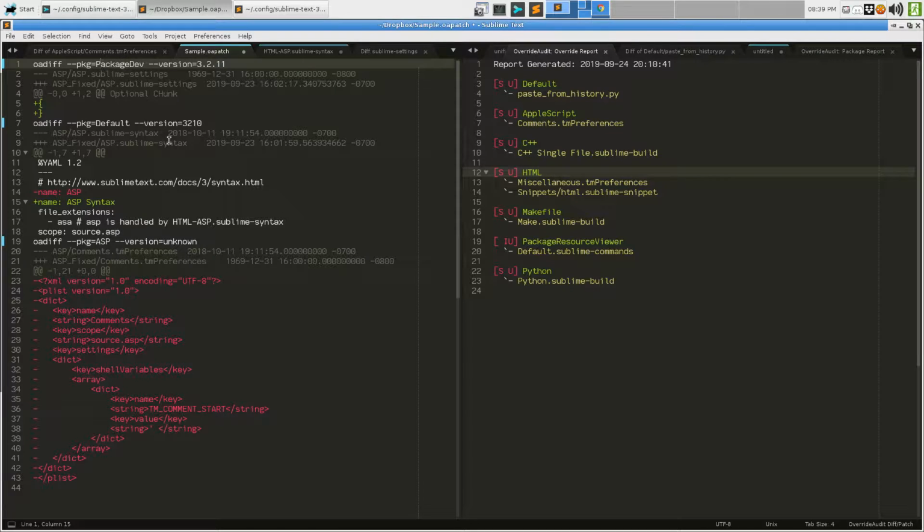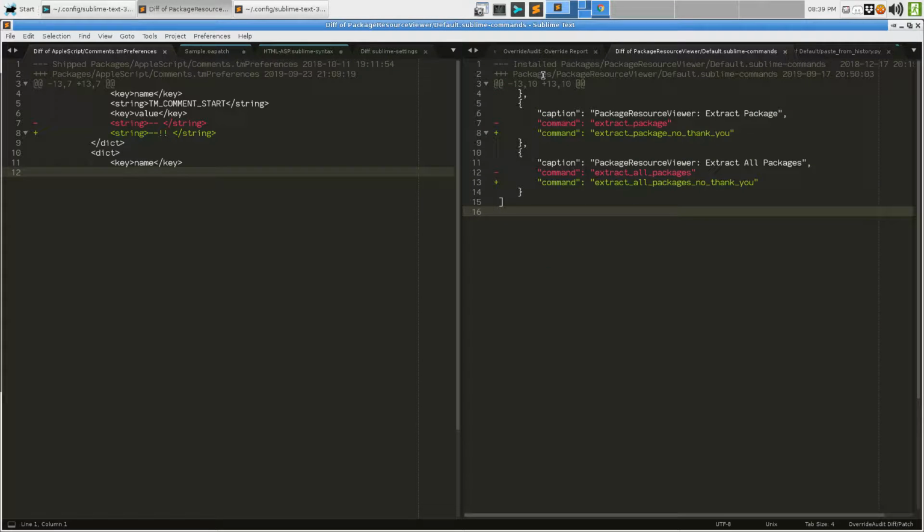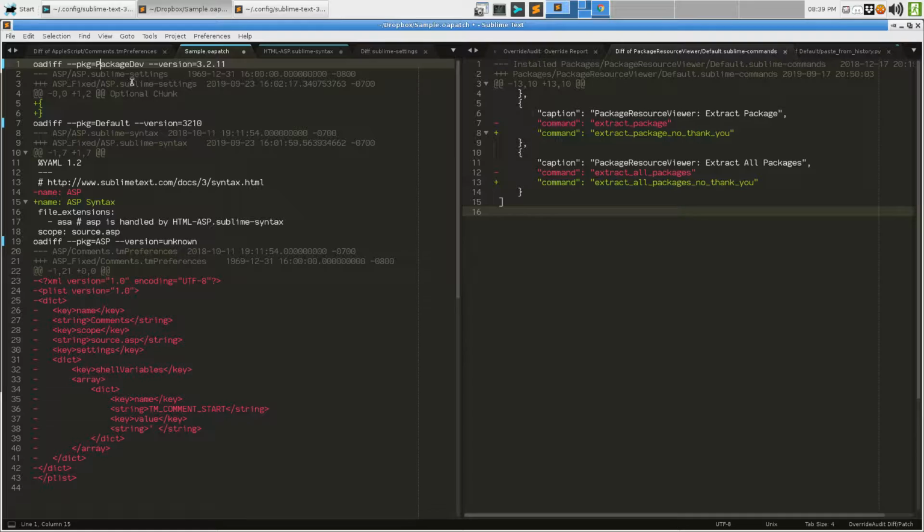So much like over here, this knows that the file came from shipped packages. It could also say installed packages if it was something like Package Resource Viewer. That was the thing. If I did this, see, it says installed packages there, and the source file was packages this. So that's a nice indication for us that this was a shipped version or an installed version. So we don't really need to know that part there,